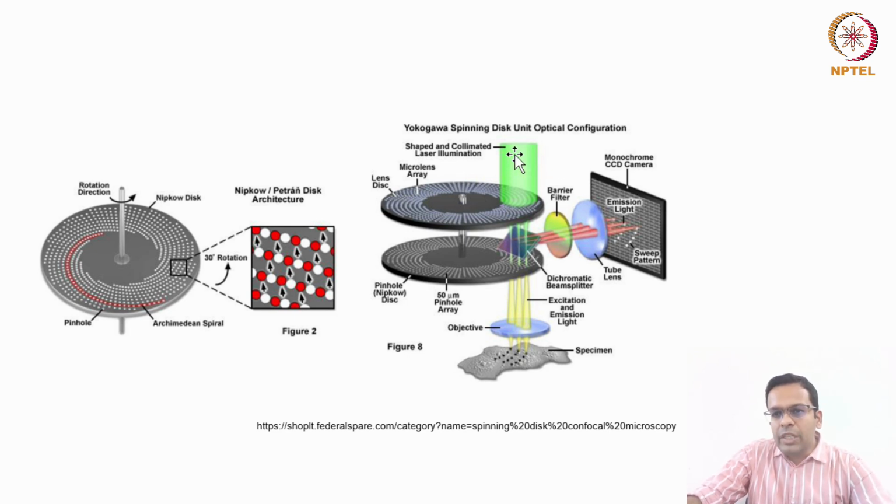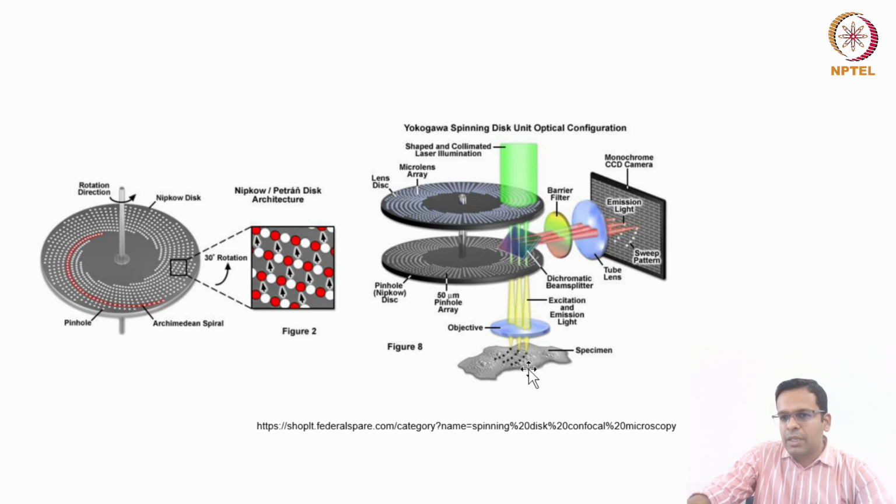So here is your laser. This is collimated laser illumination, your laser beam. You are putting this Yokogawa disc in the laser light path. This beam is split into multiple points, and then you put appropriate filters and dichroic mirrors in the light path, just like the filter cube that we use in the fluorescence microscope. Then this disc will illuminate some specific points on the sample. This is your specimen. The entire specimen is not illuminated at a time, but instead a few points are illuminated.